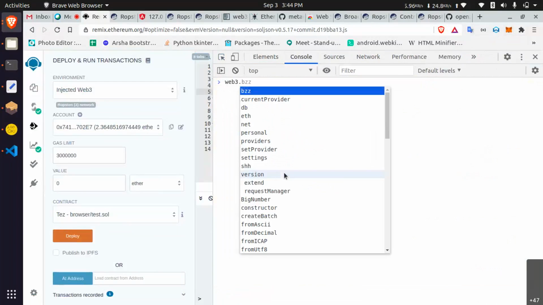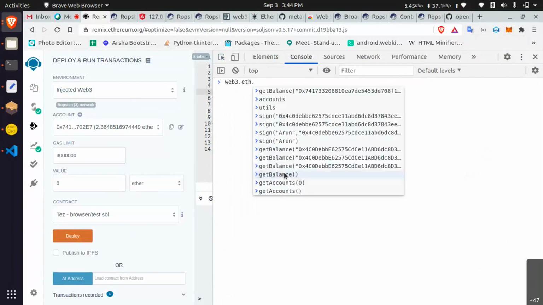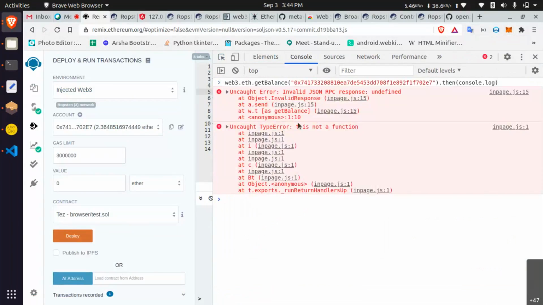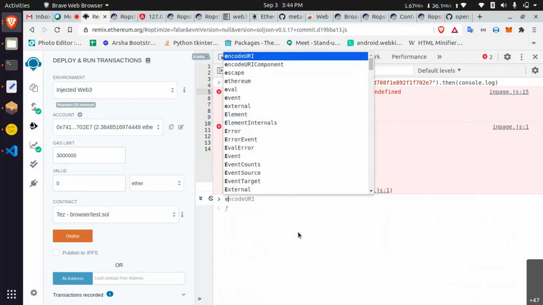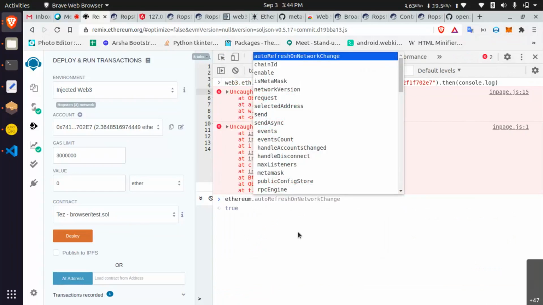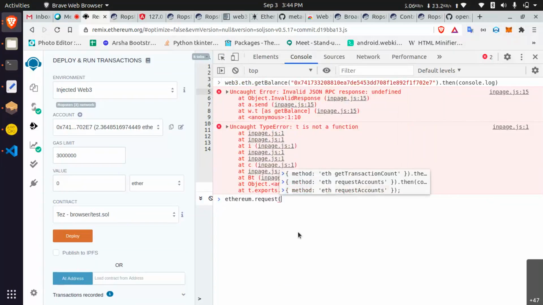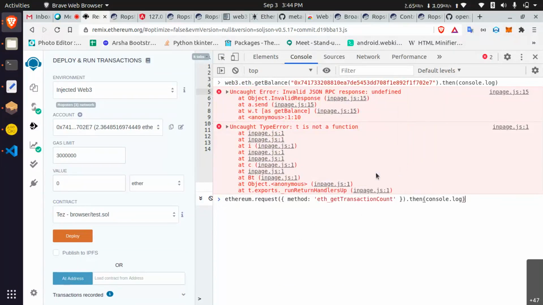Web3 3.8. This JSON RPC is not allowing, so we need to do it with ethereum.request of transaction count.